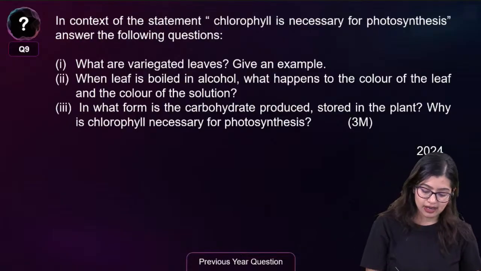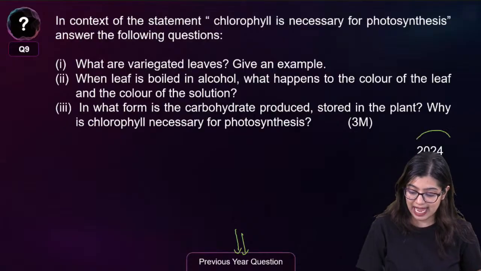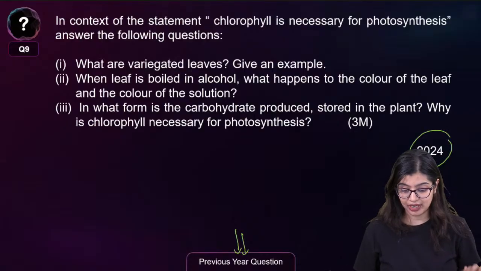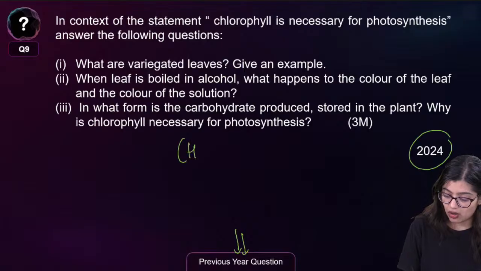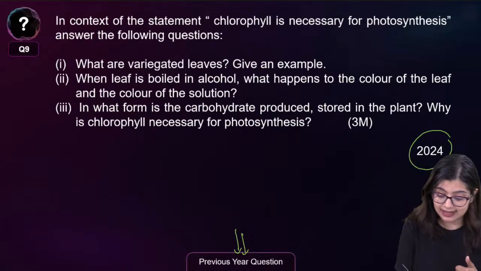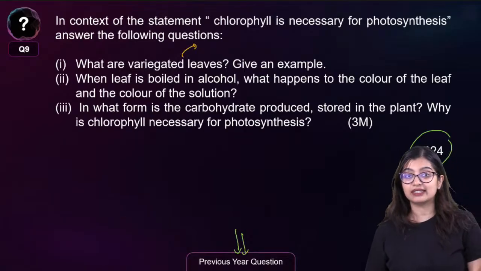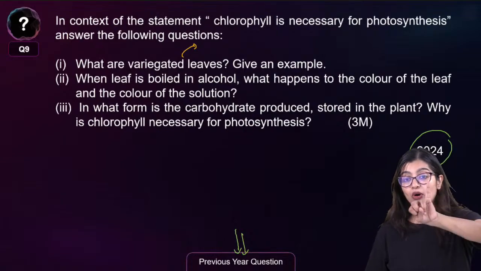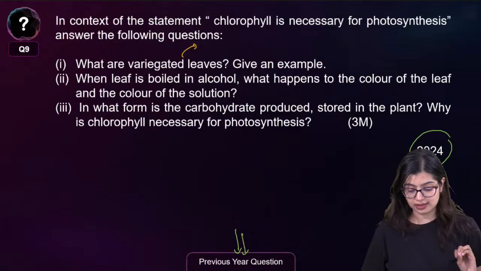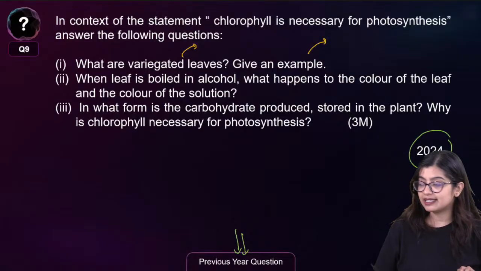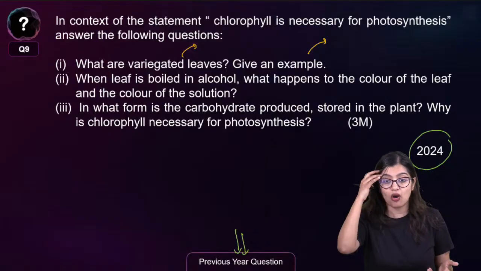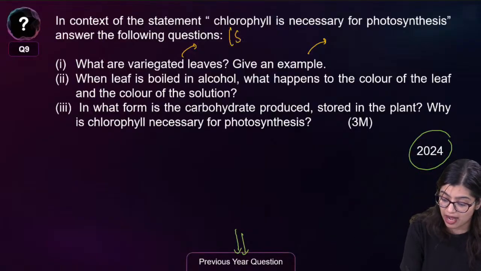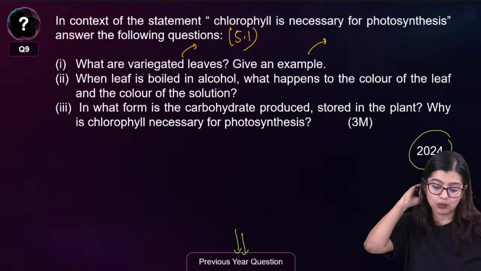Okay. So this right here is a PYQ that we have based on this activity that came last year, right? I don't want to give it to you as your homework question, but it's okay. We'll do it together. See, this is what I was telling you. What is a variegated leaf? A variegated leaf is a type of leaf which has different color zones. It means that there is both green and non-green parts, right? Give an example. Money plant and crotons are examples of the same. This is from activity 5.1.